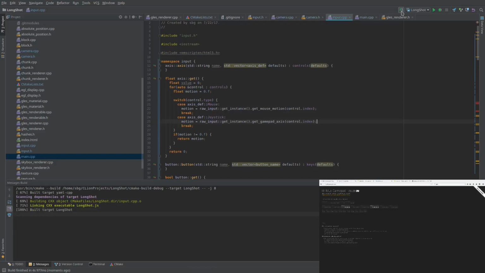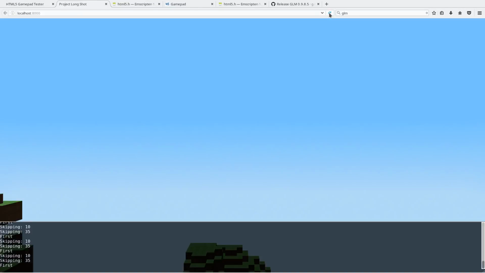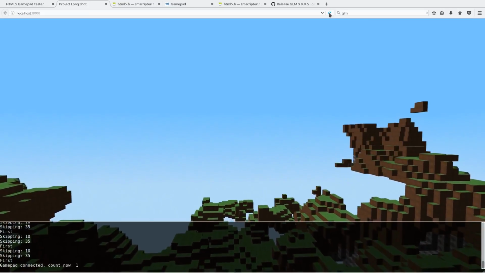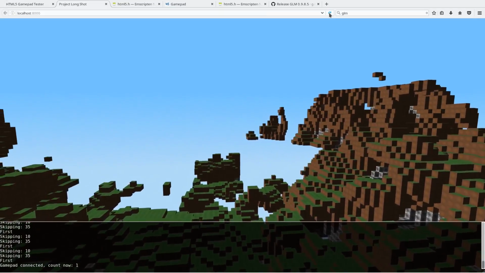So with a little bit of luck, we might actually be able to do something. So if I grab this, I can actually control the view very, very slowly. Now this is because we have a little bit of